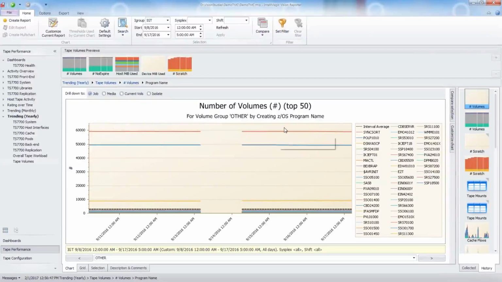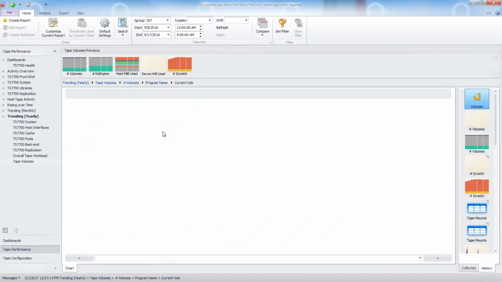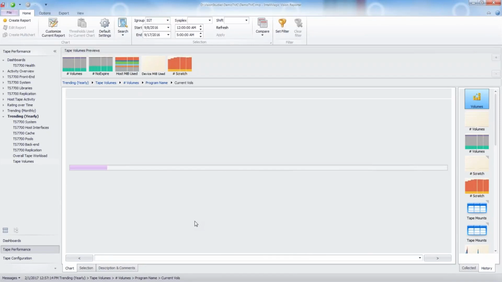Although these are flat lines across, imagine that if you had a line that was actually increasing, I'd say, okay, the number of volumes in this particular group is actually increasing for who knows what good reason. From this point, I'll be able to go to the actual current volumes on sync sort. And if I click on this, I'm actually looking at the point in time that we're keeping for the current TMC. And so I will see all the different volumes that actually are there and available.